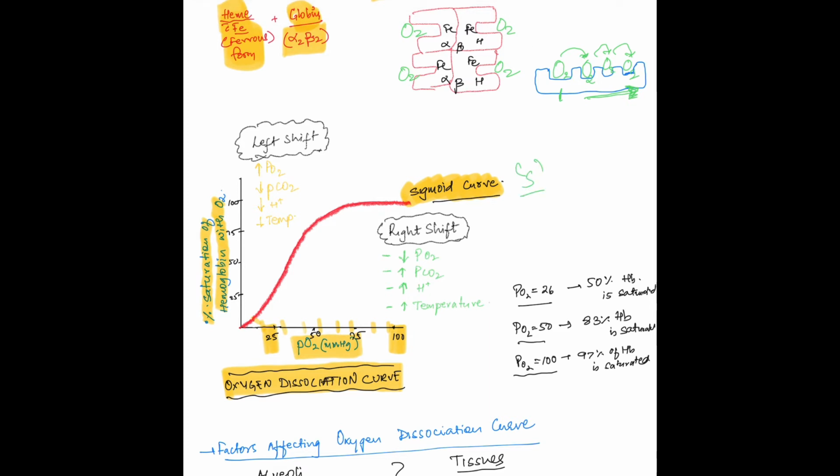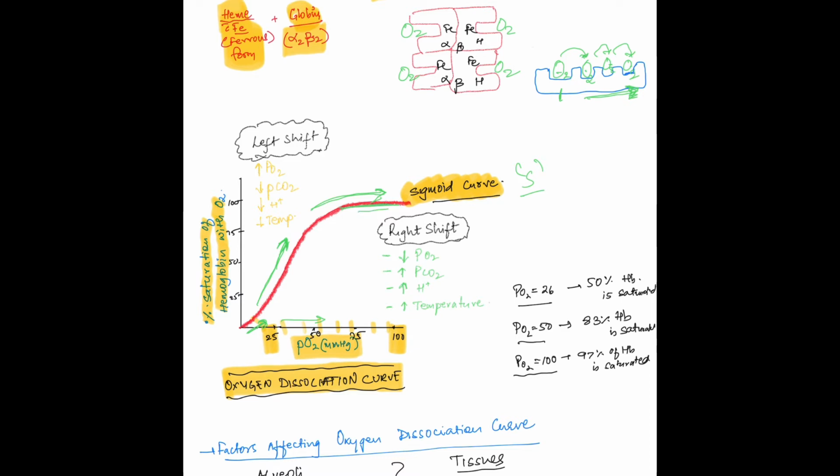The sigmoid shaped curve indicates that initially binding of hemoglobin and oxygen increases with increase in partial pressure of oxygen. This part of the curve is steep, which indicates that even a small increase in PaO2 increases saturation of hemoglobin with oxygen. But after a certain point, increase in PaO2 does not result in increase in saturation of hemoglobin, and the curve becomes flat. This is because all the hemoglobin molecules are saturated with oxygen. The school bus is full now. There are no more empty seats.